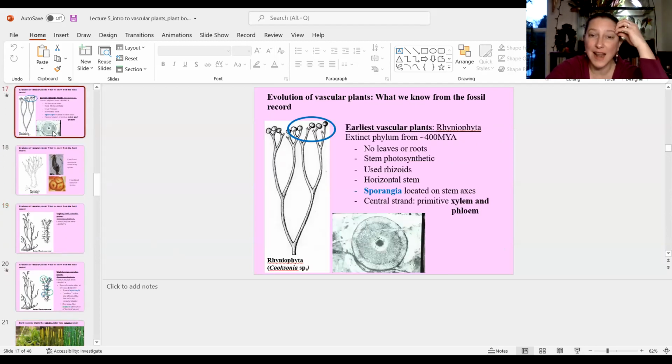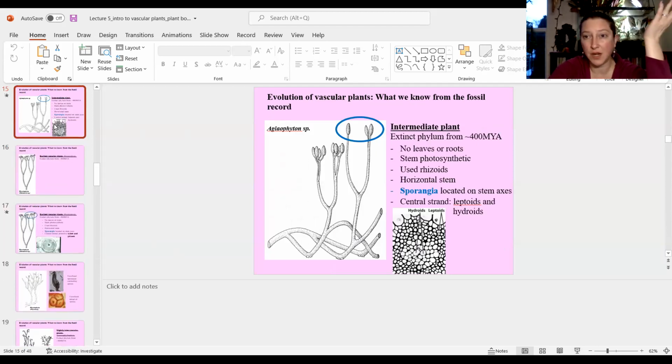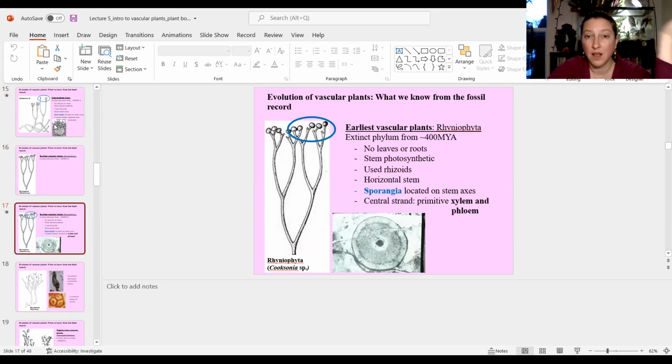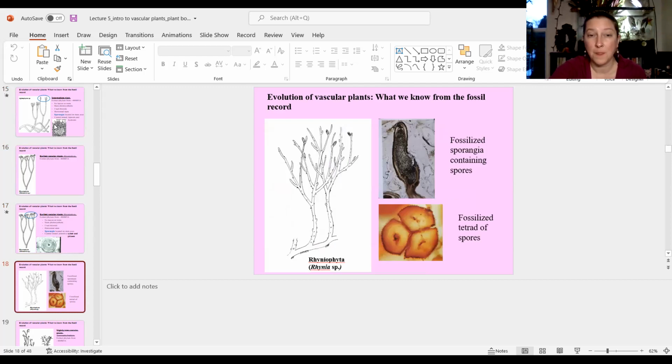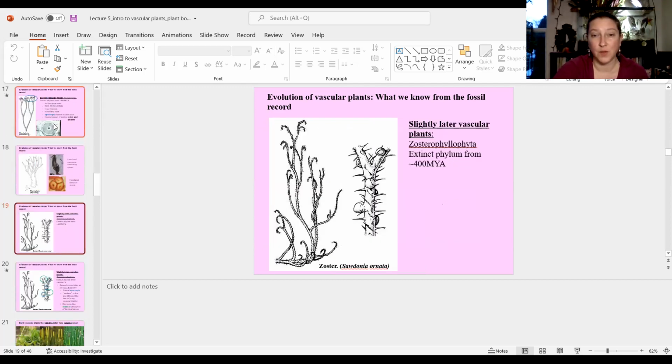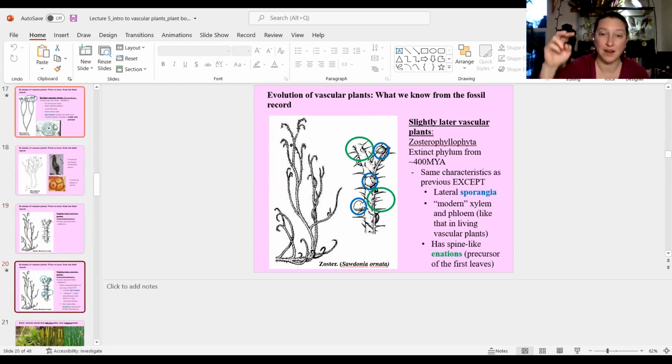The point is, these didn't have leaves. The intermediate plant, no leaves. The earliest vascular plant example, no leaves. The one that we later found out had the modern protostele arrangement, no leaves,